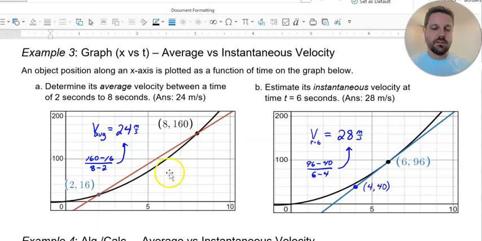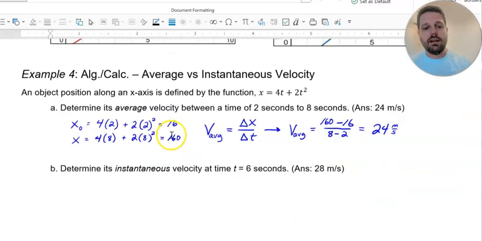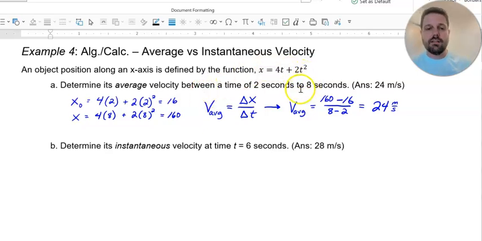So this was just given graphs. Let's use some graphical techniques like slope. And if you're given a function or constants, then we want to stick to using algebra and calculus. In this case, we only needed algebra, but in part B, since it wants instantaneous velocity, we're going to need to use calculus. And so in that case, instead of delta x over delta t, we're going to use dx/dt, which is the notation for an instantaneous, or a tiny, tiny delta x and a tiny, tiny delta t,